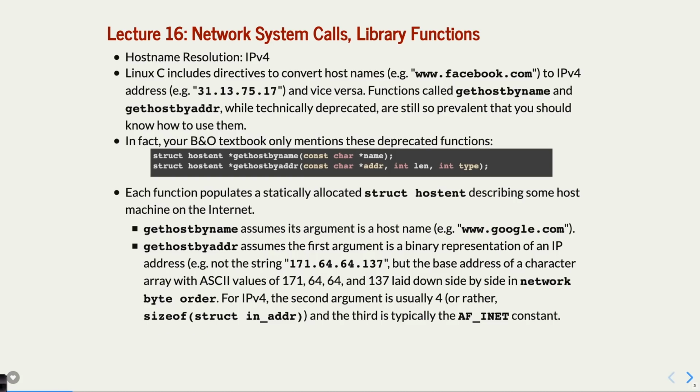Okay, so let's move on to network system calls, library functions, etc. Now, as I said a couple minutes ago, this is where I think it's kind of a flashback to CS 107, because some of the wonkiness associated with C propagates to these functions that are about getting host names and resolving them, and using these low-level functions to do so in a way such that you can support IP version 4 and IP version 6 and any other version that you want.